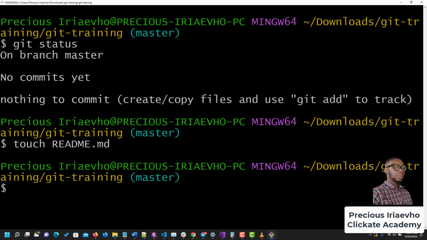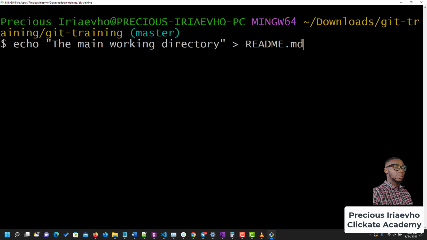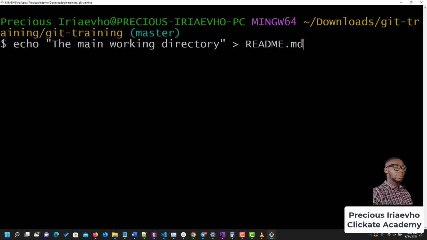So inside of the new folder that we are in, I've created a new README file, and I'm also going to write into it. I will call this the main working directory. Okay, so we are writing into readme.md. So we are inside of this folder now. There is no readme here now. Oh, it has been created, but it's empty. It's 0 kilobytes. So if I press enter,